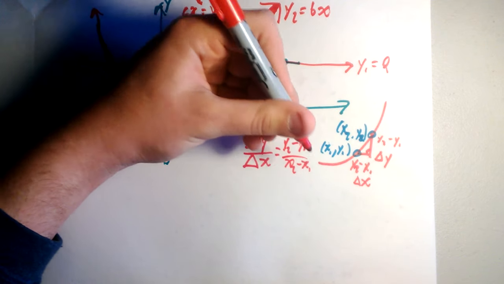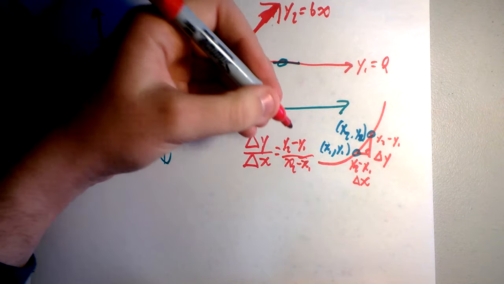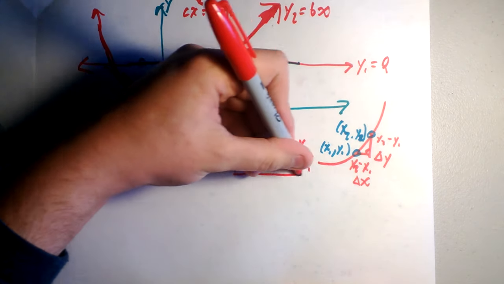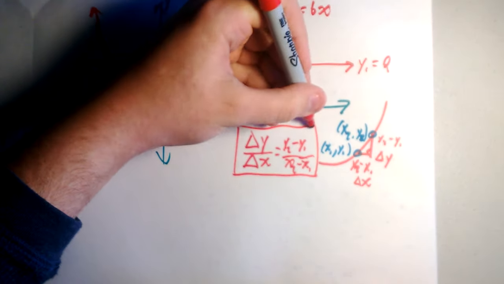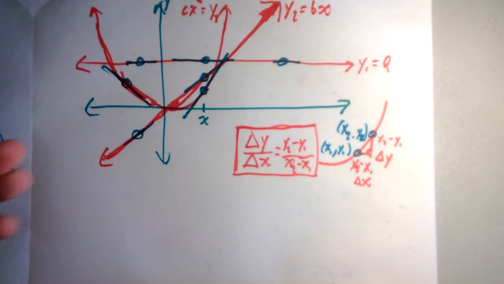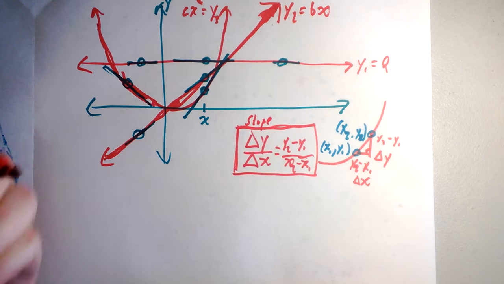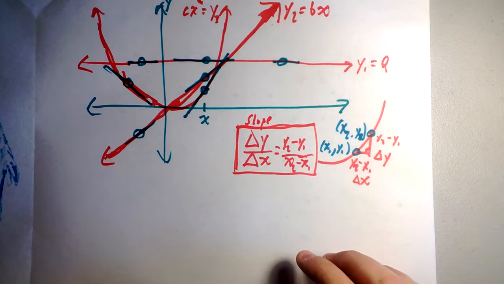This was understood by mathematicians at the time. So that was slope as we knew it. It made sense. You could do that. However,